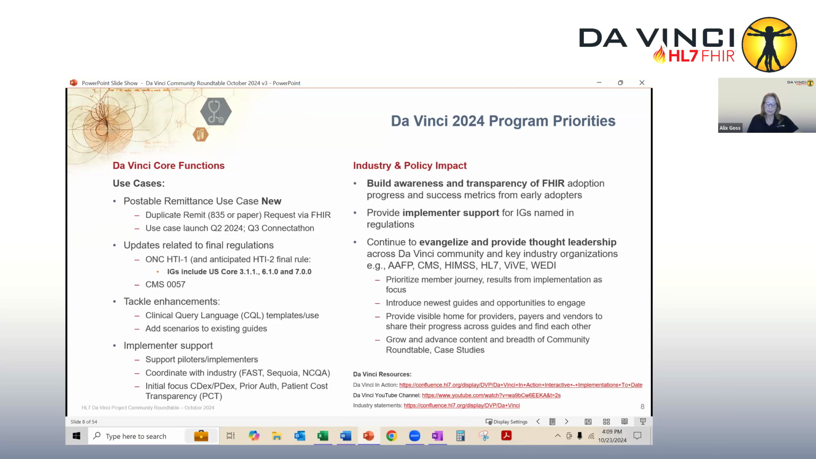In response to ASTP's HTI2 proposed rule, I wanted to give you an update on some work that we've done across our implementation guides. We assessed the impact of US Core 7.0 adoption on the Da Vinci implementation guides. This is akin to what we had communicated to you previously related to HTI1's upgrade to US Core 6.1.0. We did this assessment on the HTI2 proposed rule's upgrade to 7.0, and we found that there were not